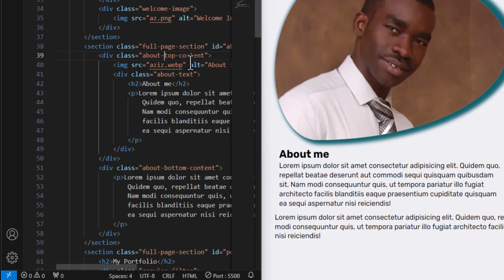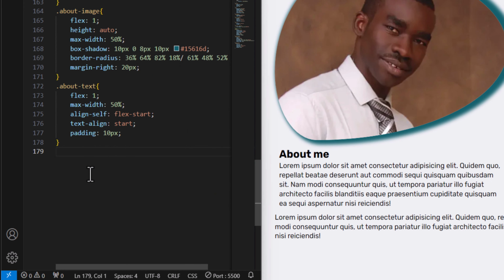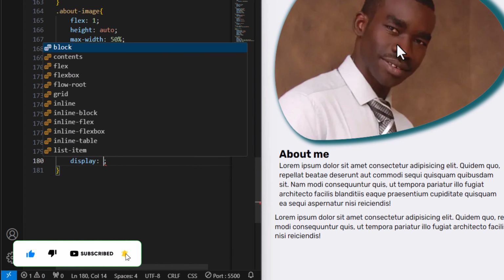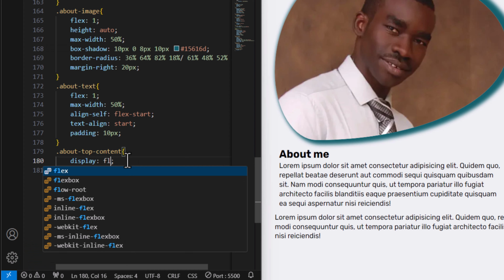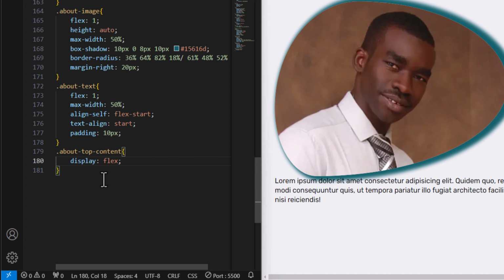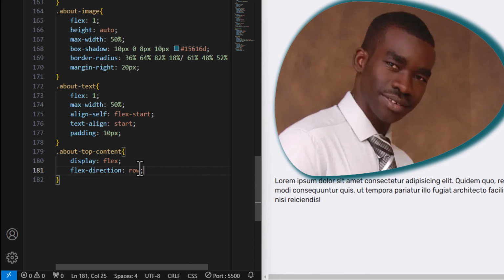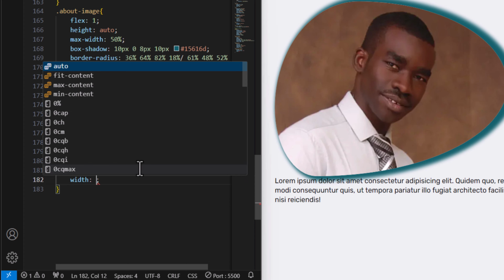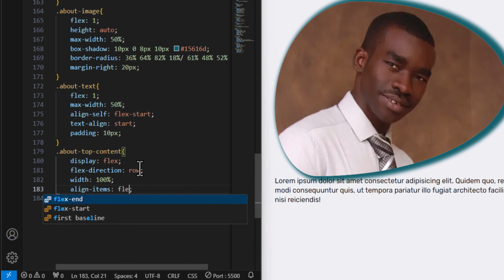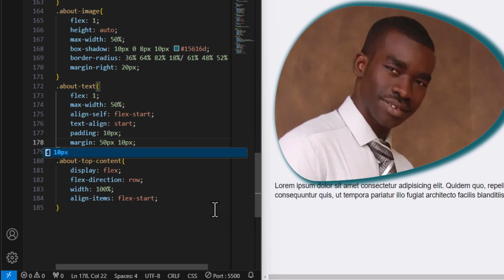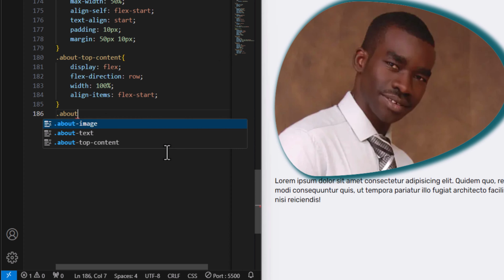Now we need to target this class, which is about top content, and here we need to say display flex in order to place image and text side by side. So let's say flex direction to be row, width 100%, align items flex start. For about text here, let's add margin, so let's say margin 50 from top and bottom and 10 from left and right. About bottom text, so bottom content,